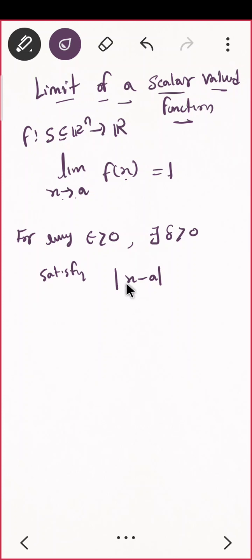So x is not a value, it is a coordinate, and a is also a coordinate, and you have seen that in that case we write mod as norm, correct? Do you agree? Yes. Implies, what should it imply? Yes, very nice. This will be mod because your function value, the codomain, is in R. So it will be mod of f of x minus L that is less than epsilon.